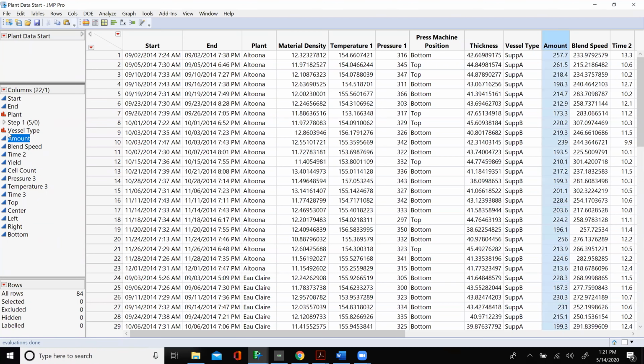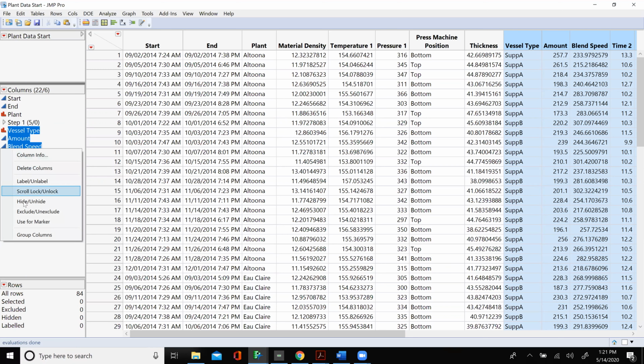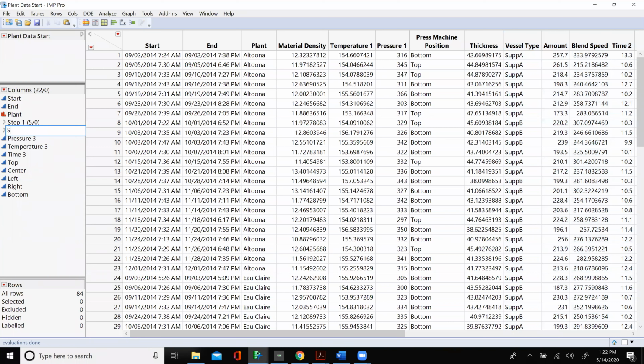And say vessel type all the way down to cell count is step 2. Same thing, I select the columns that I want for step 2, right click, group columns, double click on it, call it step 2. And say pressure 3 down to time 3 is step 3. I select those 3, right click, group columns, step 3.